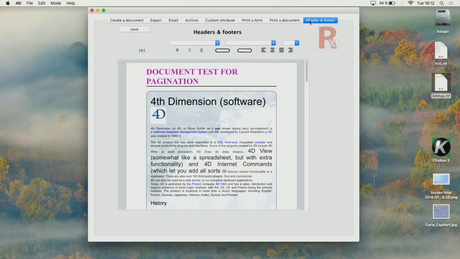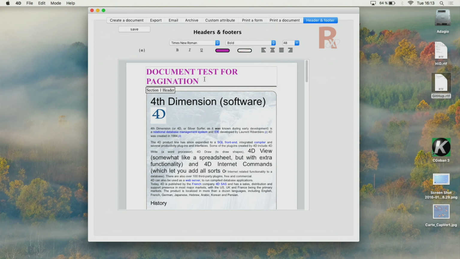I will go directly to the headers and footers, which are not already implemented. So there are a lot of features you can see in this database, but we don't have time right now. But you have this database on your USB key, so you will be able to play with it if you want. So as you can see, there is a header in my document,